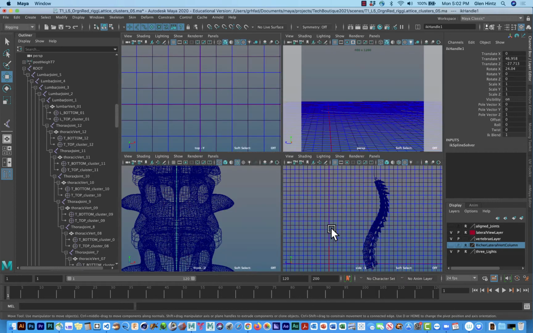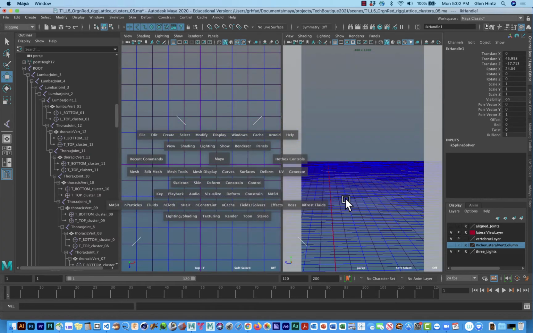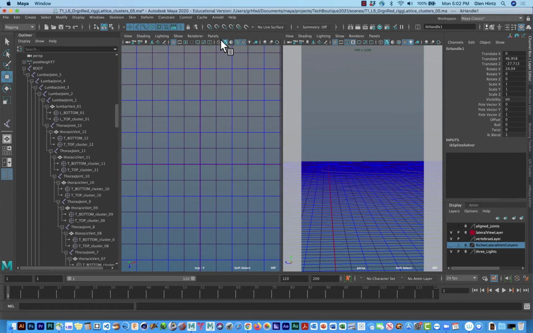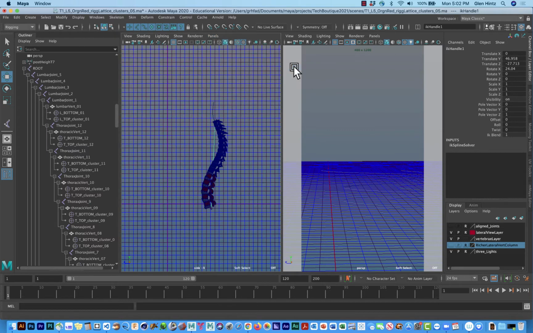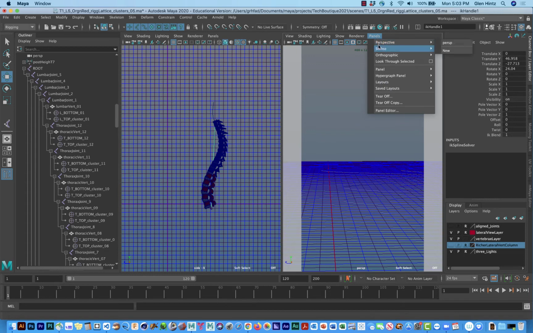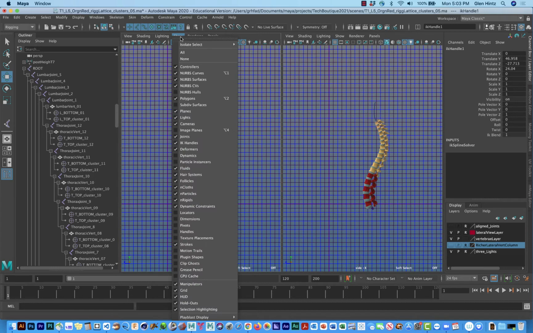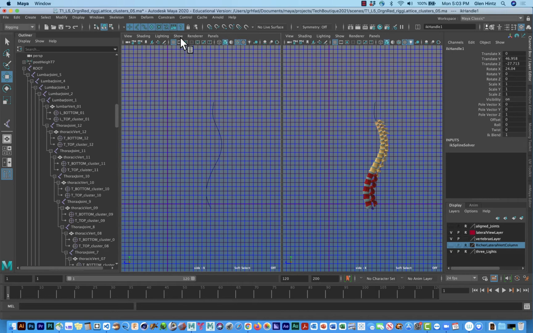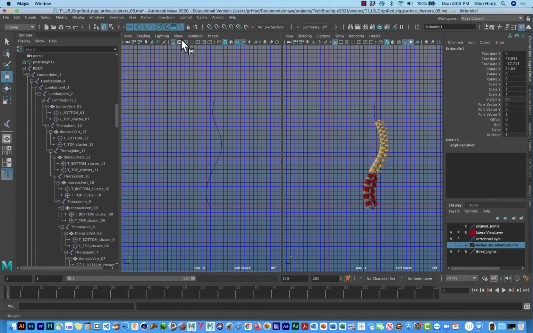Let's go to two windows real quick. So I'll take layout, panels, layouts. We go two panes side by side, and for right now I'm going to go with side over here, and I'm actually going to do the same thing over here. Okay, in this one I'm going to get rid of everything except the curve and CVs, and I'm also going